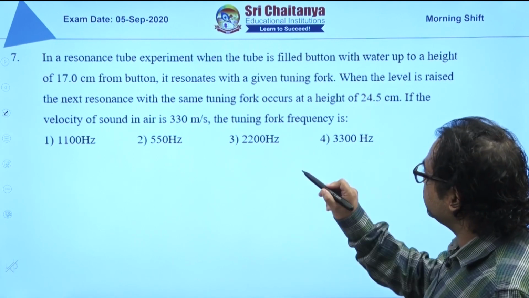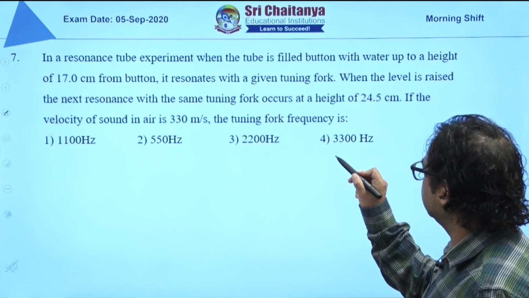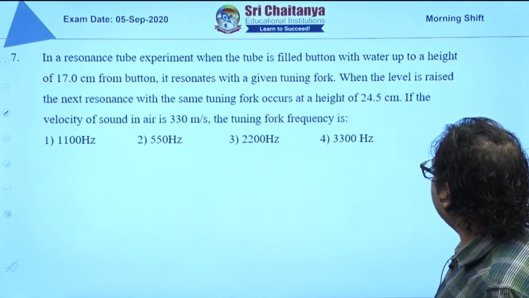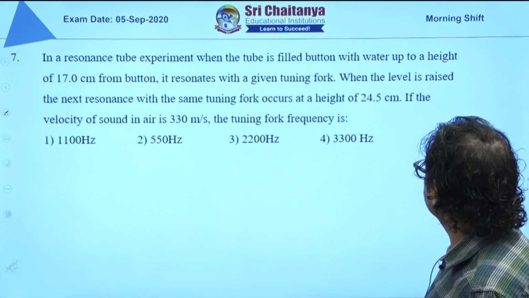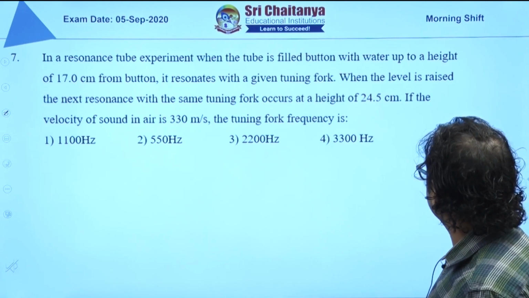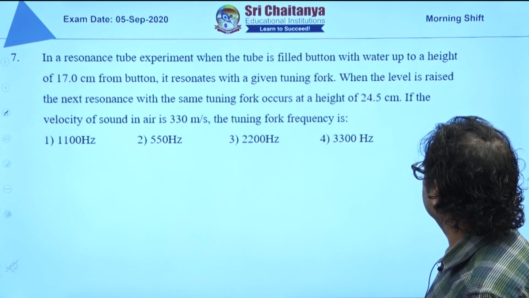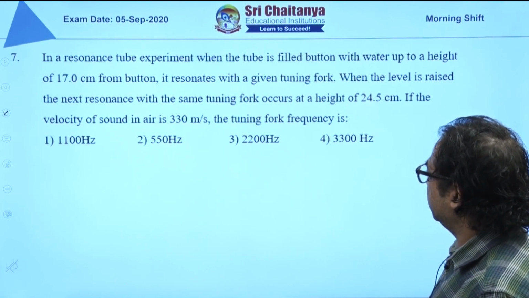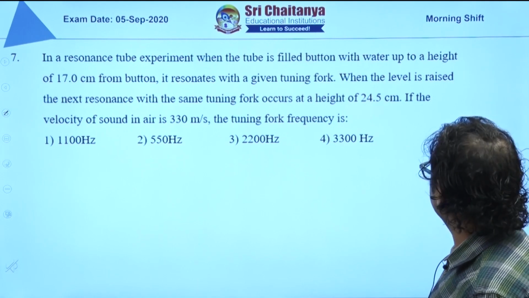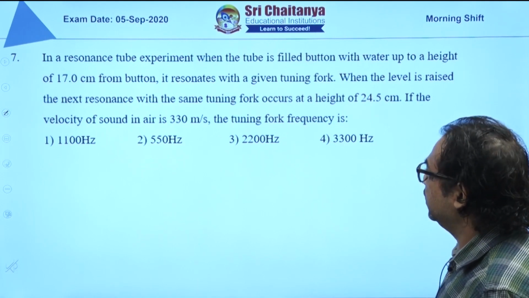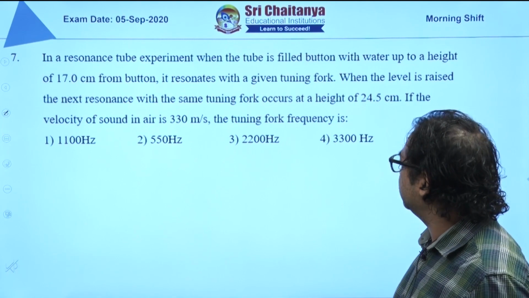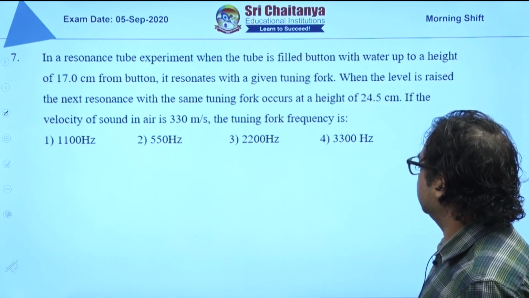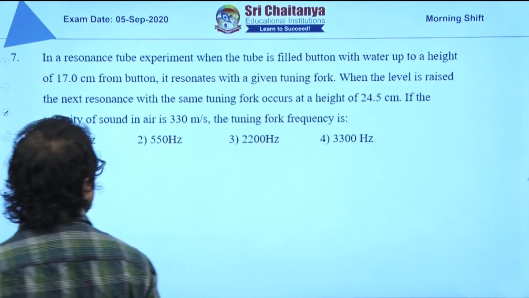When level is raised to next resonance with same tuning fork at a height 24.5 centimeter, fine. So, basically if the velocity of sound is 330 meter per second, the tuning fork frequency we need to find. Okay. So, basically